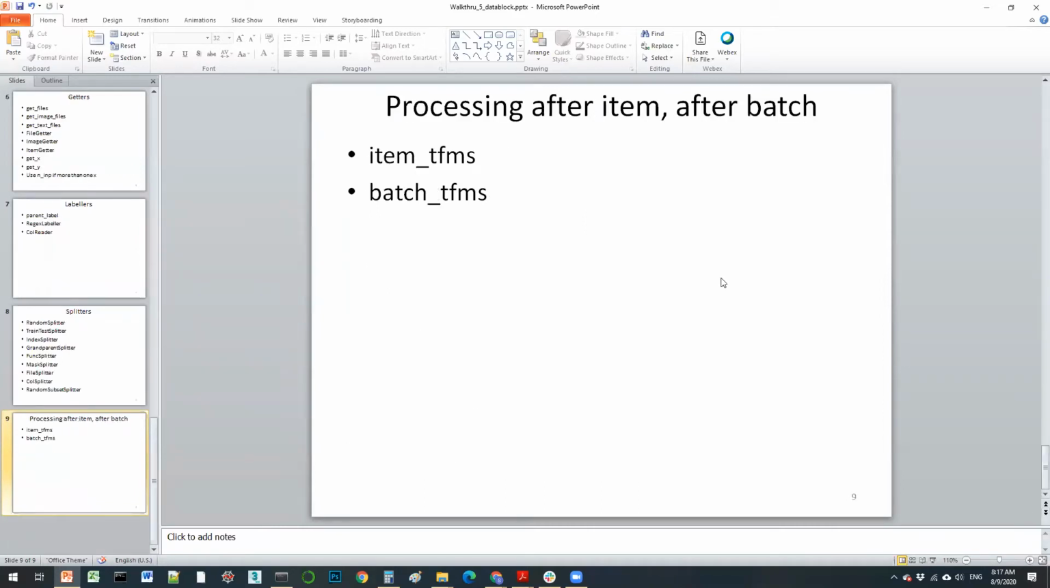And then after processing the item, you can specify item transforms in a list, which would be a pipeline of transforms that get applied to the item. We'll see an example of this. And you do batch transforms and specify the set of transforms you apply to the batch. For example, augmentation transforms. Item transforms could be things like resizing the image, making it of a particular type, things